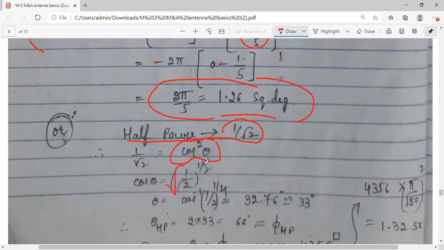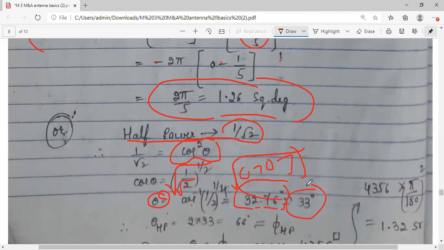Square है, उसको eliminate करोगे तो take one more root, so theta will be equal to cos inverse of this. Okay, please be careful because यहाँ पे दो roots हैं, तो better 1/√2 के लिए आप 0.707 ले लो, it will be easy for you. Root of 0.707, so cos inverse of that you can see 32.76, approximated to 33.